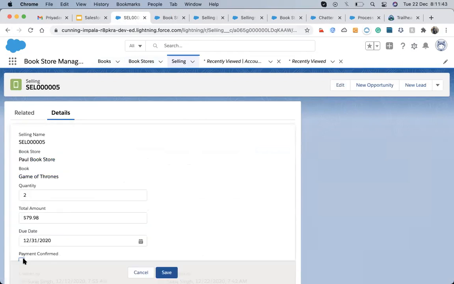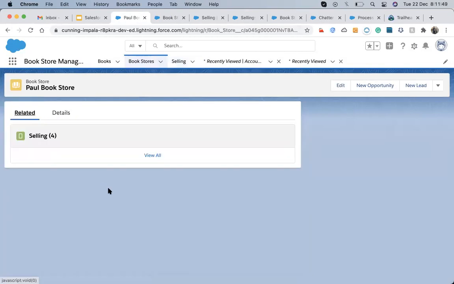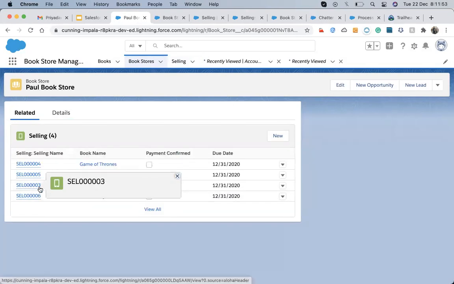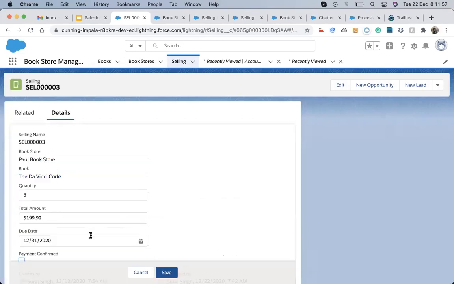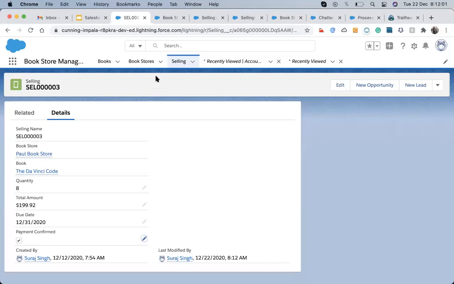I will come here and make the checkbox true. Then again I go to Paul Bookstore, and I will make this one also payment confirmed. I hit save.